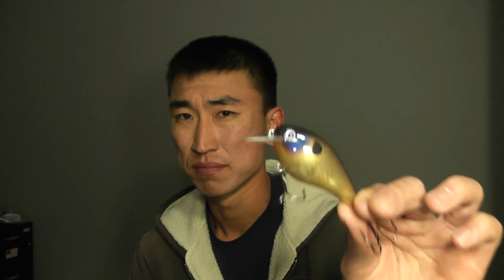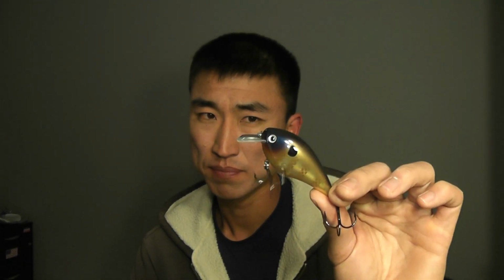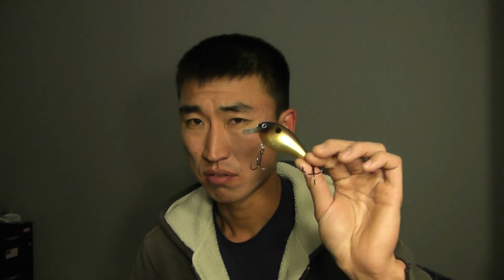But the reason why I switched from those, I would say if you're on a budget and you want to start throwing them and just get used to throwing them, and you hit a lot of junk and you're not real accurate, then I would start throwing the KVDs. And also, if you switch over to the 2.5s, even though they're maybe not the size of forage or color or whatever, just to get used to bumping it in the wood, I would throw the 2.5, a little bit heavier one,